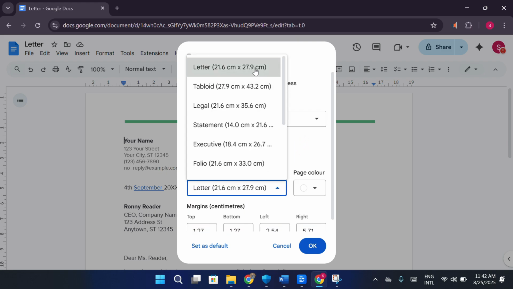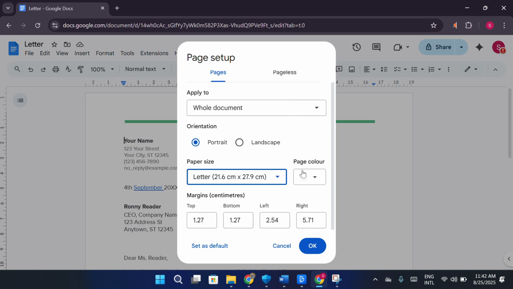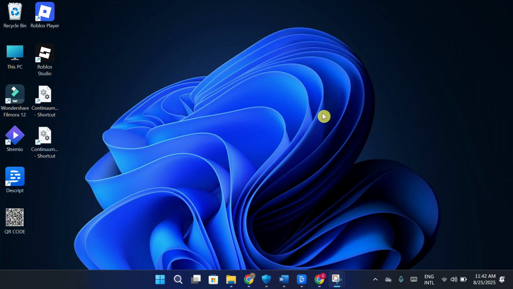Click on the drop-down menu, and from the list of options, select letter 8.5x11 inches. This is the standard paper size used in the US and Canada. Once you've selected it, just click OK. And that's it. Your document is now perfectly set to 8.5 by 11 inches, ready for printing or sharing in